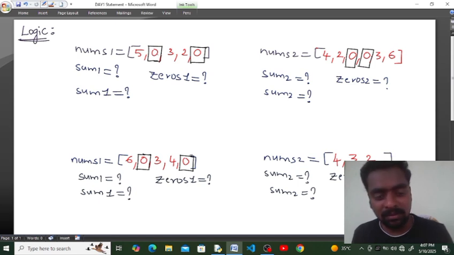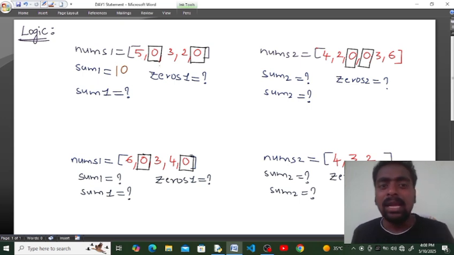That is one, right? So first, I will add all the non-zero values, which are 5, 3, 2. So what is the total sum here? 5 plus 3 plus 2. So this sum will be equal to 10. Yes or no, right? Now, after adding all the non-zero values from the first array and storing it in sum1,